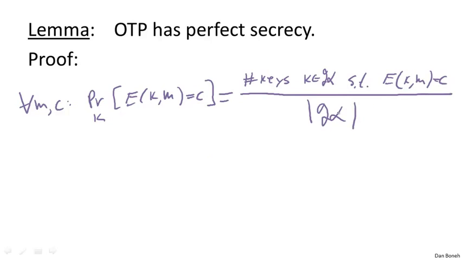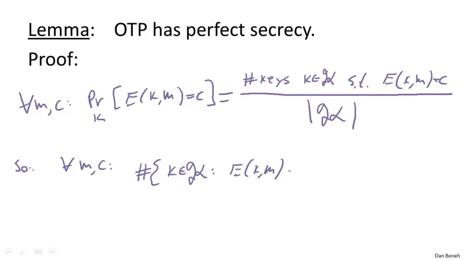This is this probability. Now suppose that we had a cipher such that for all messages and all ciphertexts, it so happens that if I look at this number, the number of K in the key space such that E_K of M is equal to C